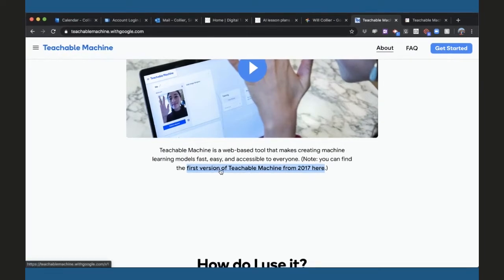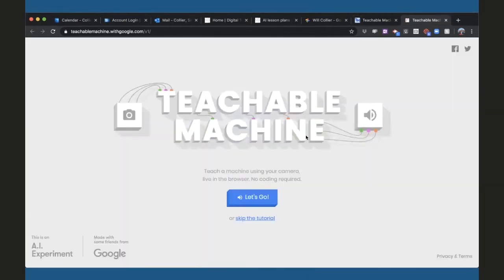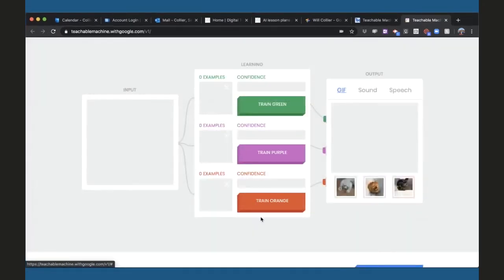So I'm going to click on the first version and it'll take us here to Teachable Machine. And we'll just run you through a quick activity where we'll try and train the machine, whether it's me, whether it's you, or whether it's both of us. Okay, get the tutorial.